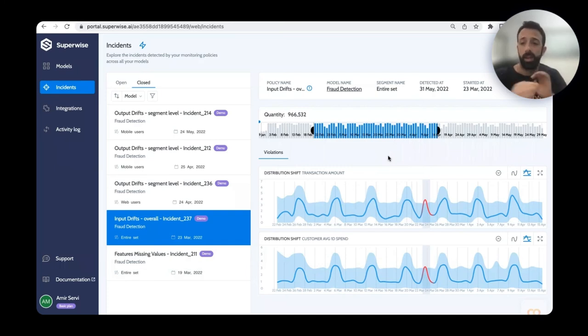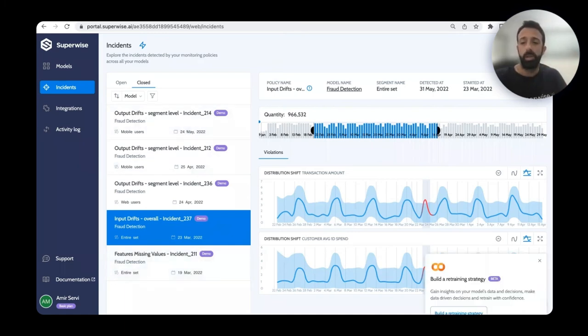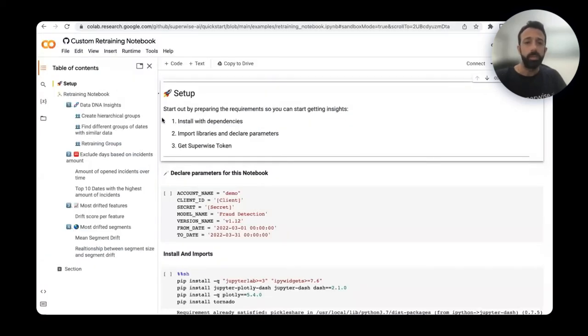And that's about it. Now, what do we do with these incidents? The next step in the flow, if I click here, is to build a retraining strategy. Let's enter this notebook to understand what we're looking at. So I won't go over this whole flow. There's a lot of code here, which is very clear. I will just quickly go over the